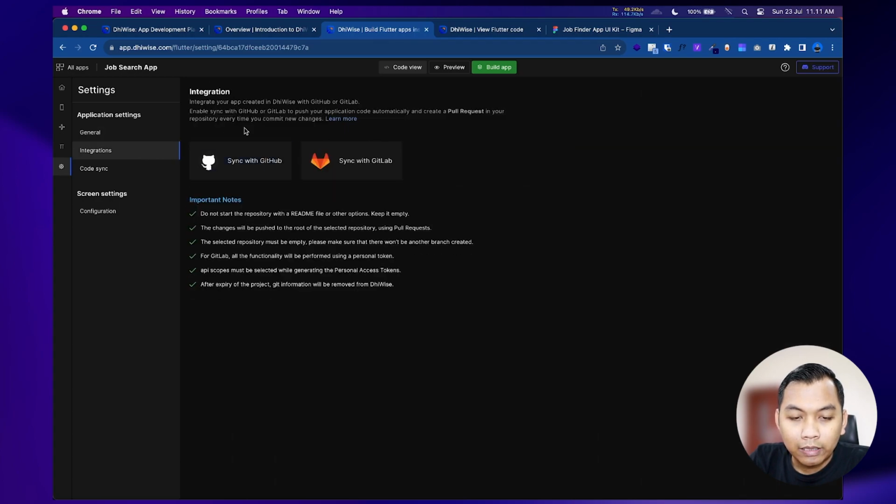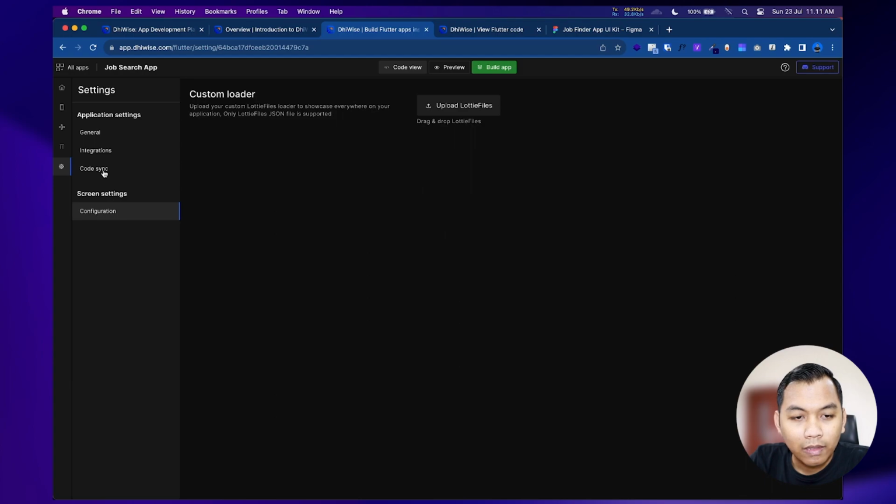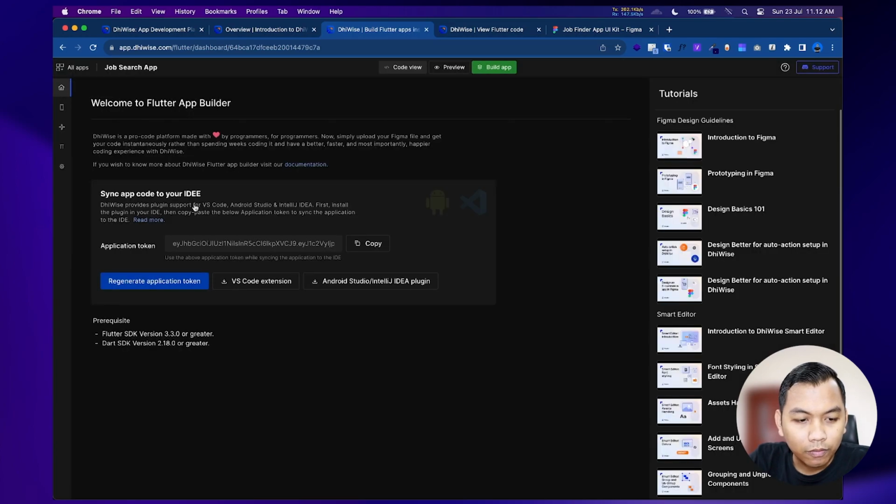We can integrate with GitHub or GitLab. This is CodeSync, and if we want to make a custom loader, we can upload a Lottie file, so our onboarding is not static, it will have animation and so on.